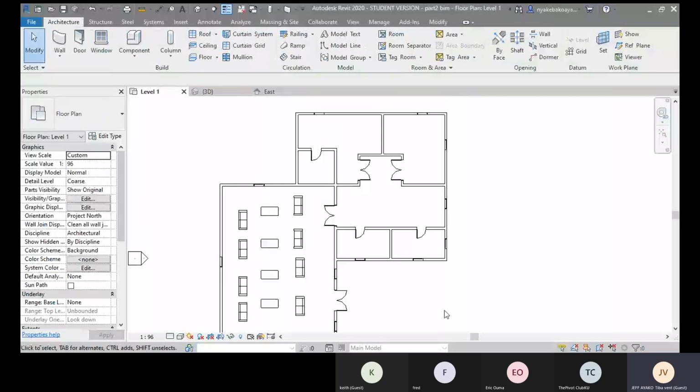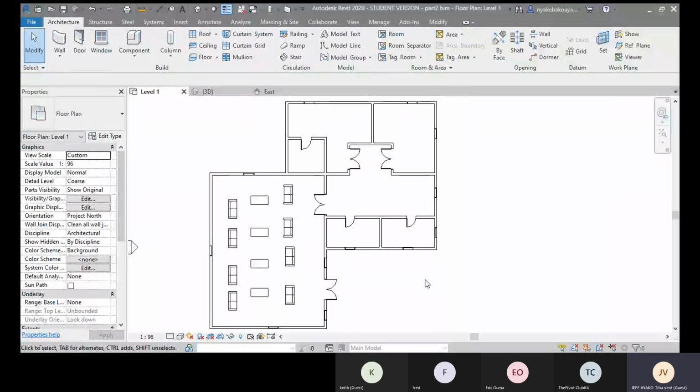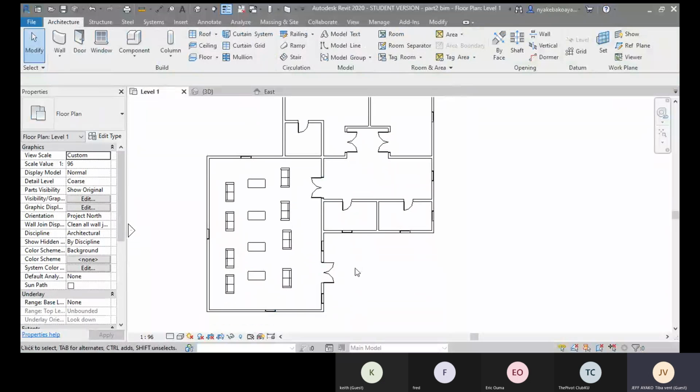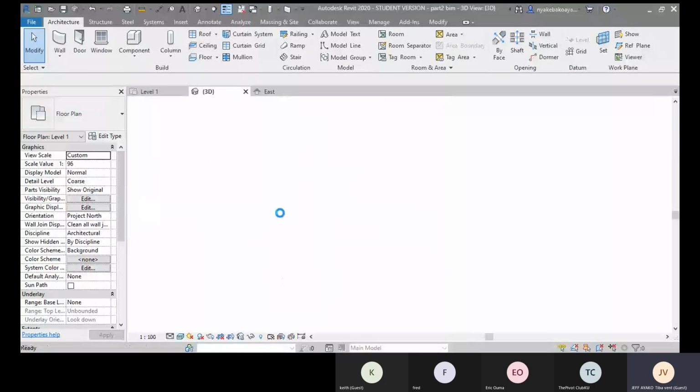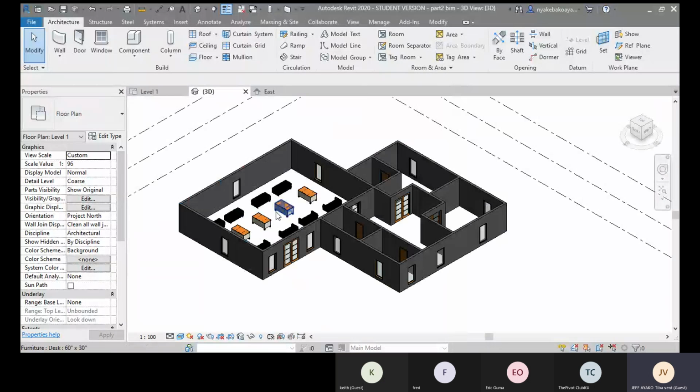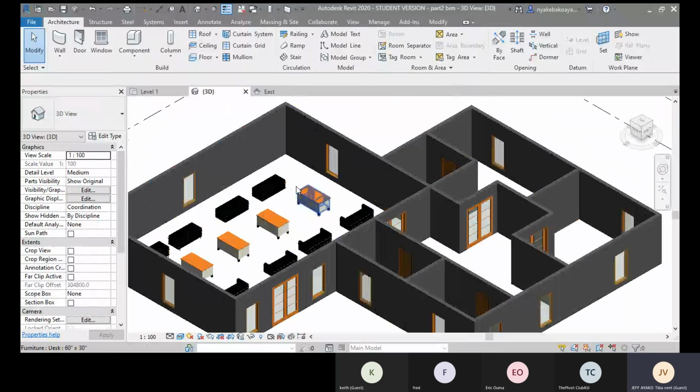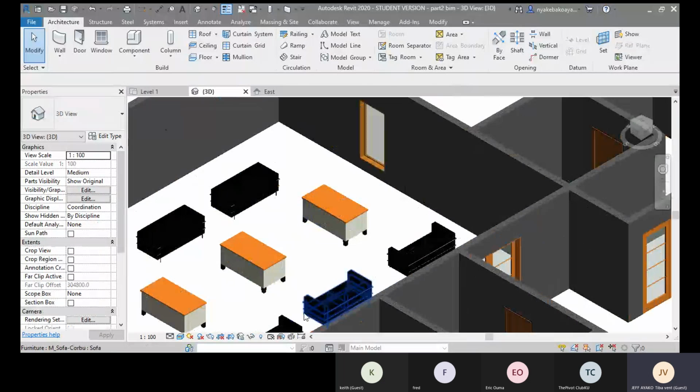I think that is clear, and I really didn't want to go there, but it's good for our new members to get this, and even for those who missed the first session. Yeah, and when we go to 3D now, you can see how they are looking. All right, so